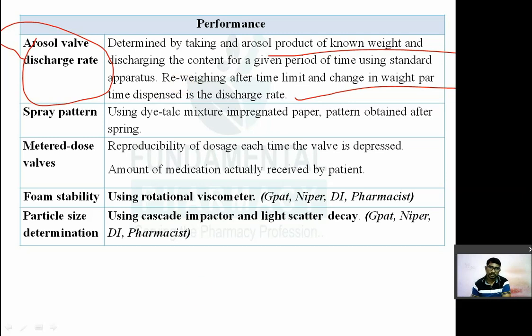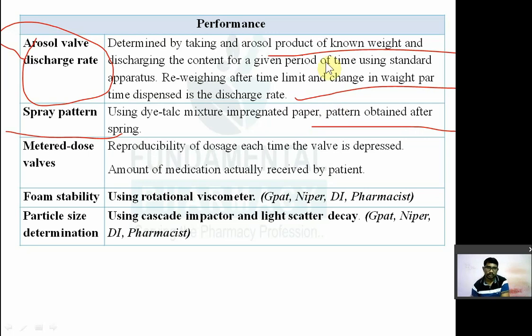स्प्रे पैटर्न कैसे चेक करेंगे, बाय यूजिंग डाई टाल्क मिक्सचर इम्प्रेग्नेटेड पेपर, पैटर्न ऑब्जर्व आफ्टर स्प्रेइंग, यहाँ पे क्या है, टाल्क लेना है आपको और कोई इंक लेना है, उसका मिक्सचर बना के पेपर पे इम्प्रेग्नेट करना है, जैसे आपने फार्माकोलॉजी में किया होगा, तो पेपर में बेंजीन स्मोक ऐड करते हो, dye talc mixture is impregnated on paper and pattern of this spray is analyzed, स्प्रे करके कैसे स्प्रे होता है ये एनालाइज,